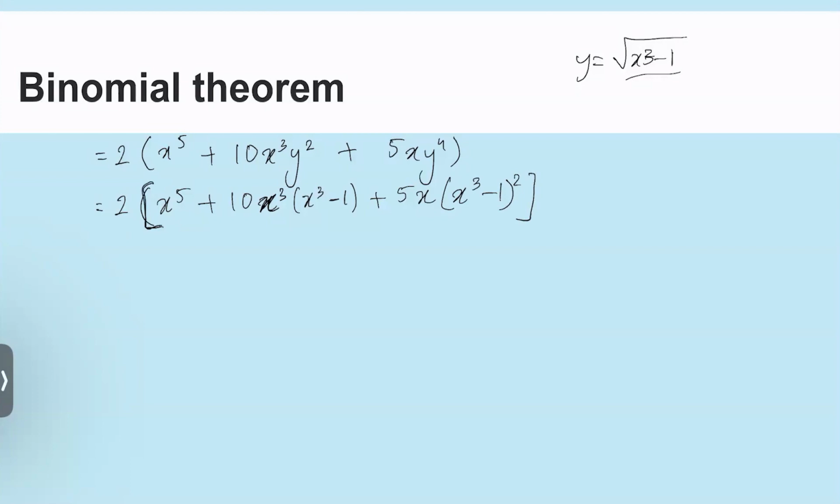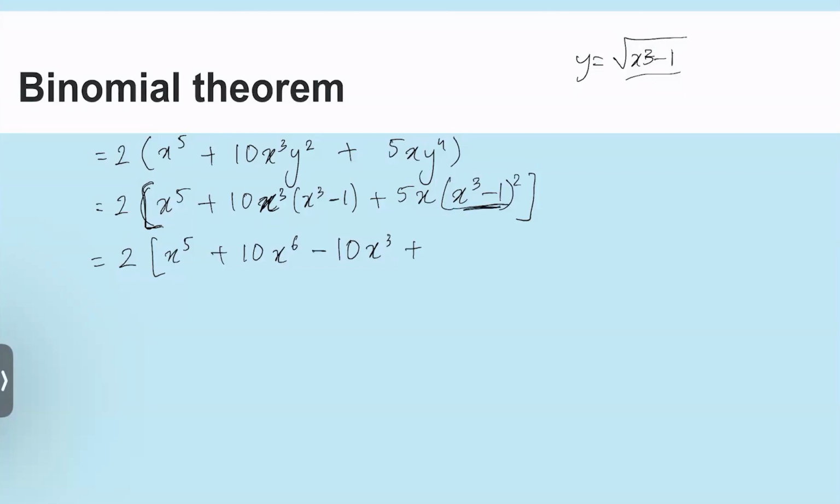Okay. So this is what we get. Now we will open up the brackets. So what we have is 2x raised to 5 plus, over here you have 10x cubed. So this is x raised to 6 and then you have 10x cubed. Then you have